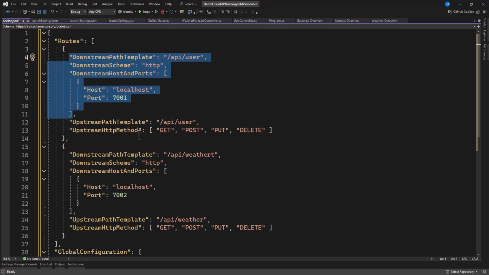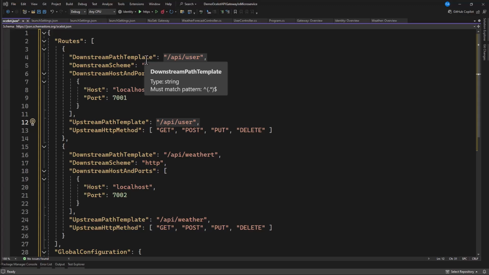This method tells you which method is going to be allowed for this address. Our host here is the localhost since it's running on a local host, and this is our port. Since you're working with the user, we configure the user as 7001, and the scheme is HTTP. Do you remember we did that?